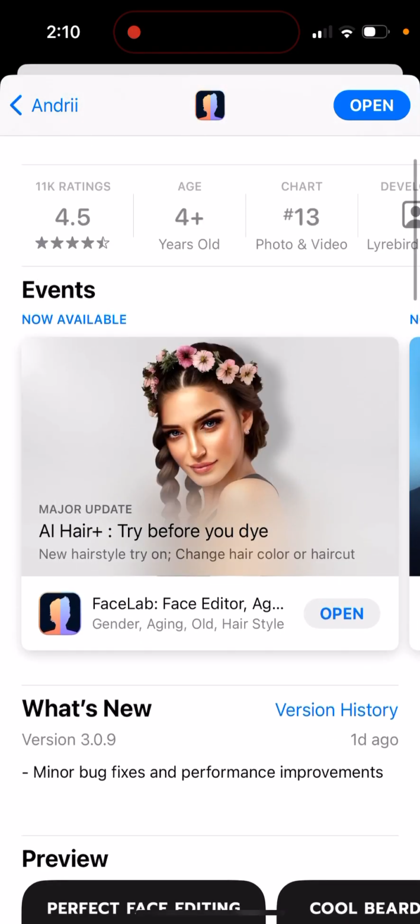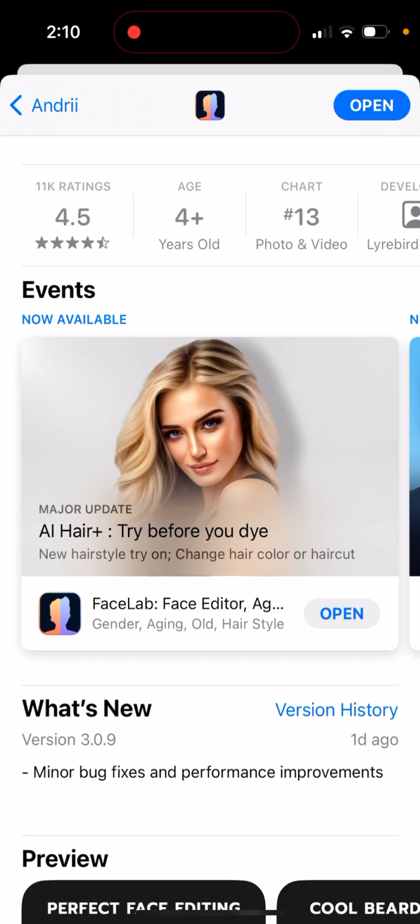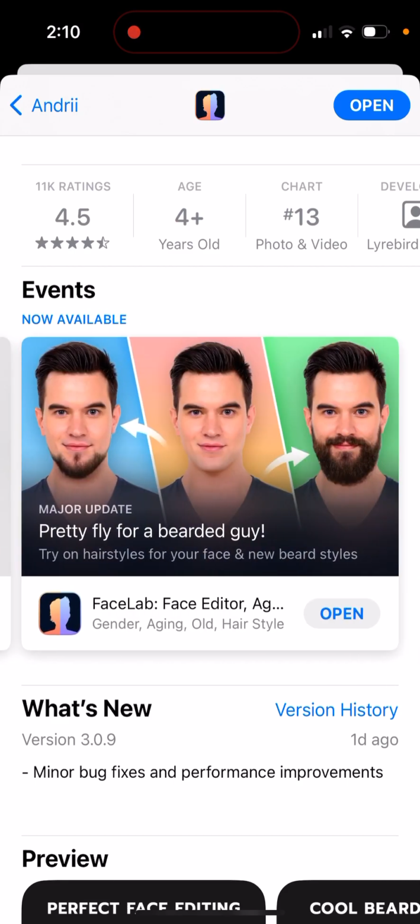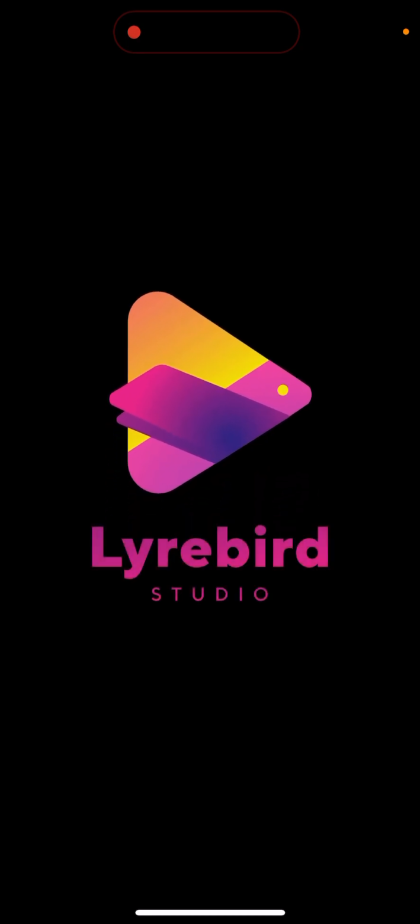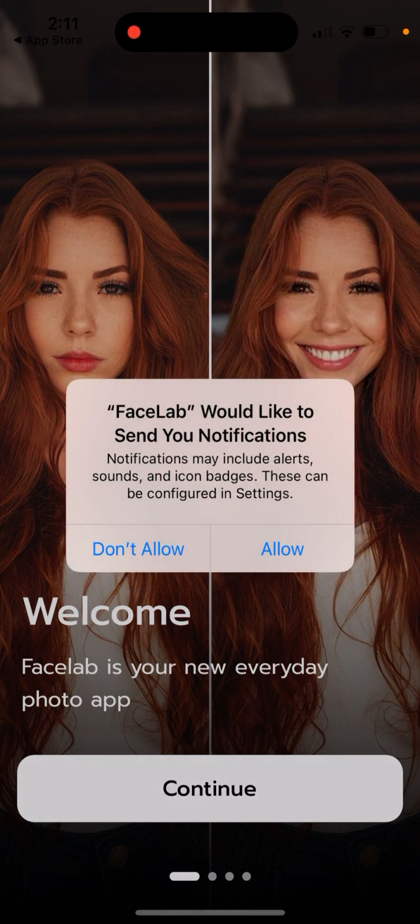But for example, you want to color your hair, or as a guy you want to figure out, do you want to grow a beard or not? And then with this app you can just style and design different types of beards on your photo, and then you will just see how it looks like. So it's pretty practical app and is growing in the top charts. There is another app in this category called FaceApp,